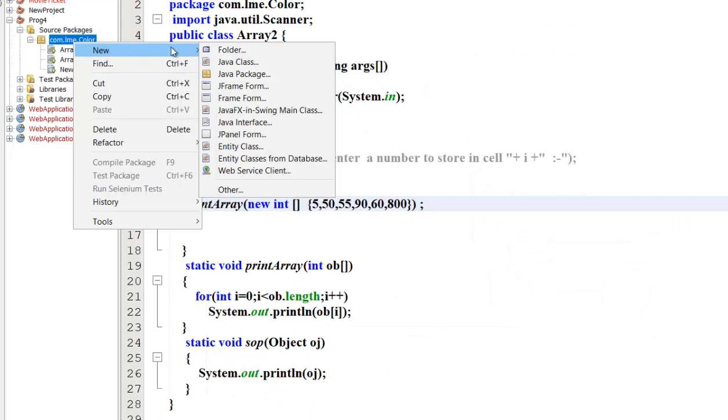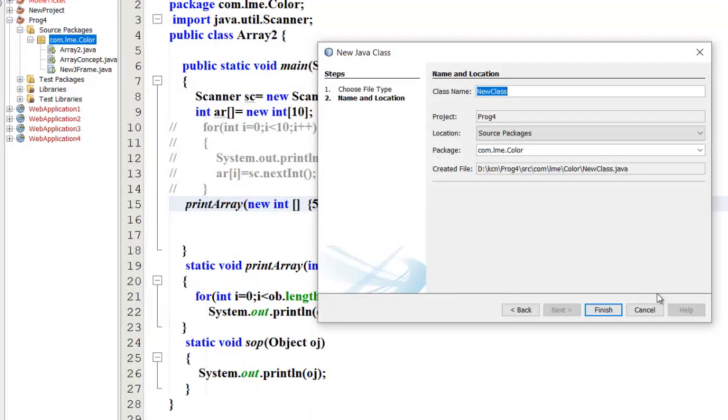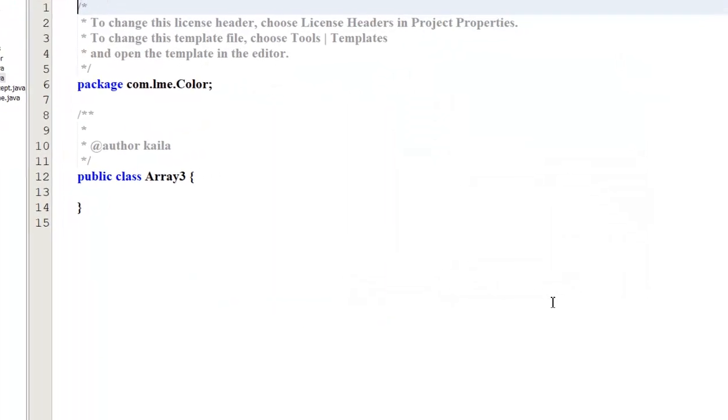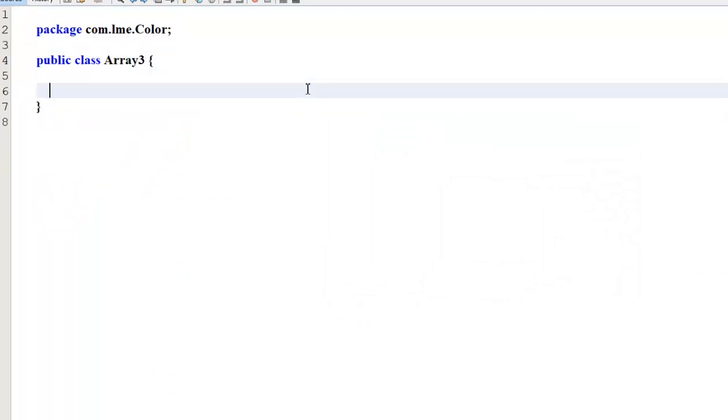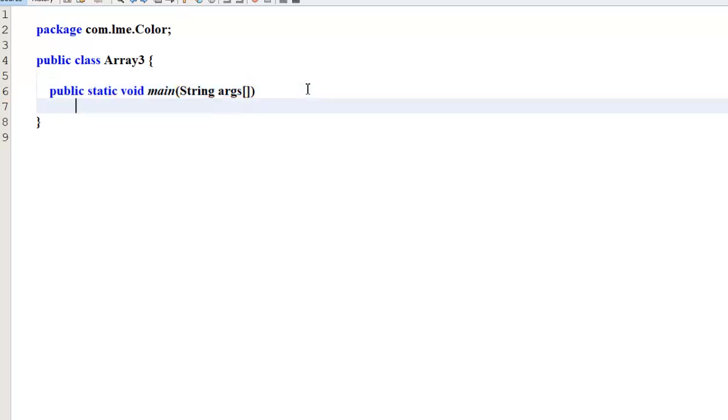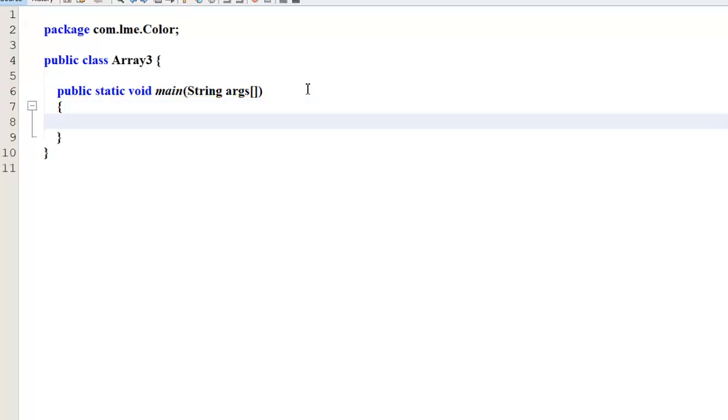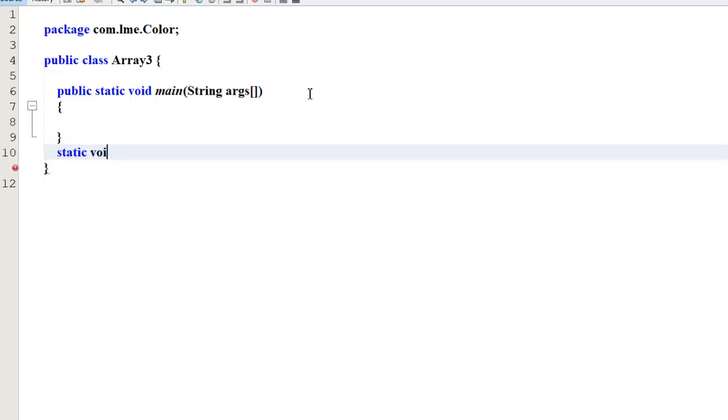I will create a new Java class. Now define a method, static void, not void. I want to return a string array value.